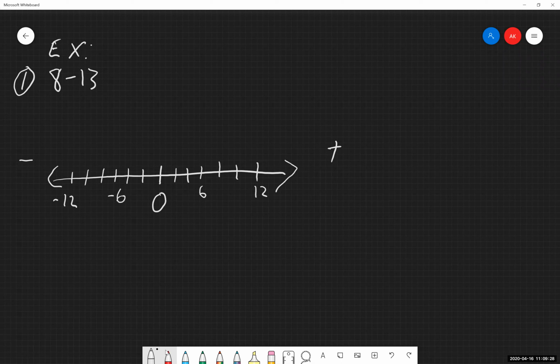So again, our process for writing this out on a number line, we always start at the origin. So we start at 0. And my original value that I have been given is an 8. So it's a positive number, so I'm going to go in the positive direction by 8. Again, I'm just putting these little dots in here to make sure we know where we're at.